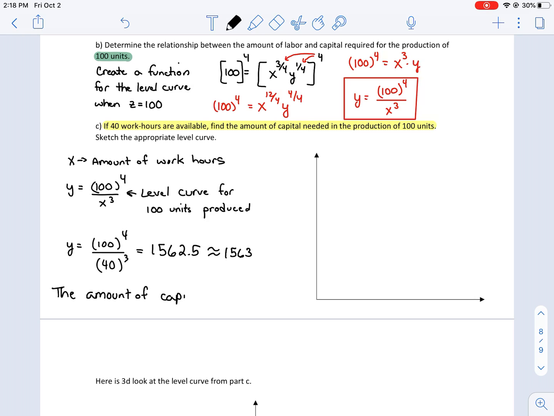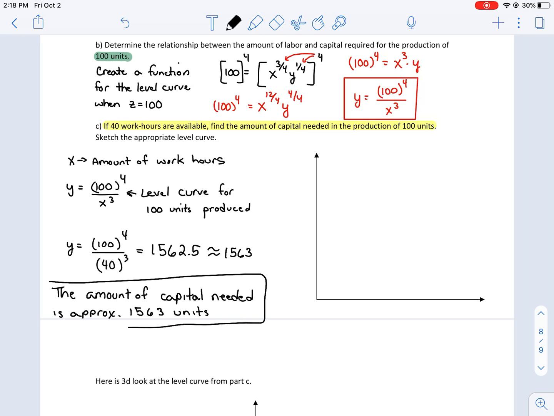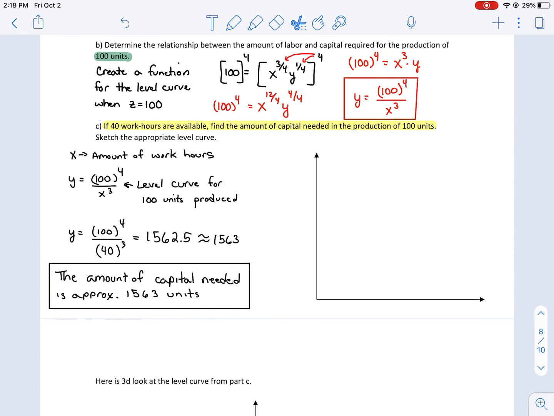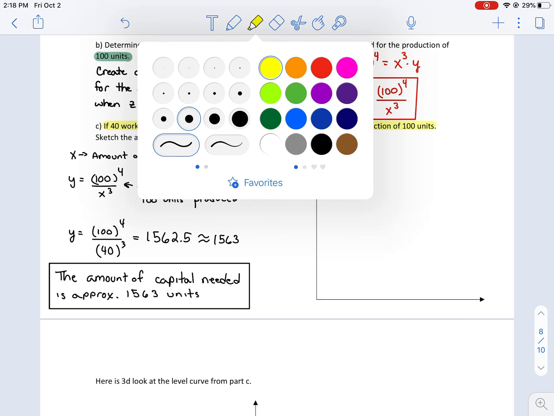So the amount of capital needed is approximately 1563 units, or 1,563 units. Okay,